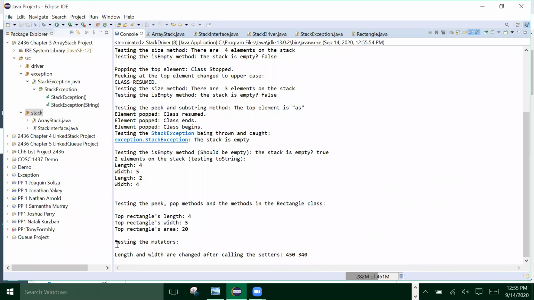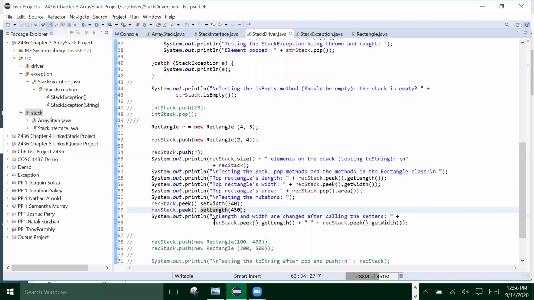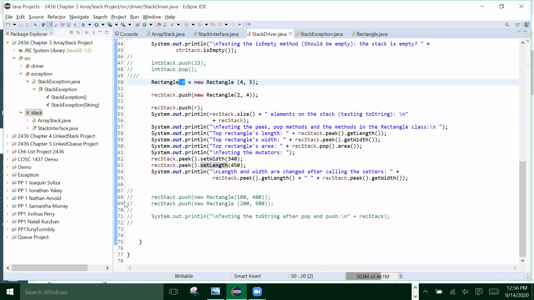Okay, so testing mutators, we test them, and length and width are changed after calling the setters 450 and 340. So that is correct. Okay, and you are manipulating the element on the stack. You are not manipulating the individual element R. That's very important to understand. Okay, and then I'm pushing new ones on,